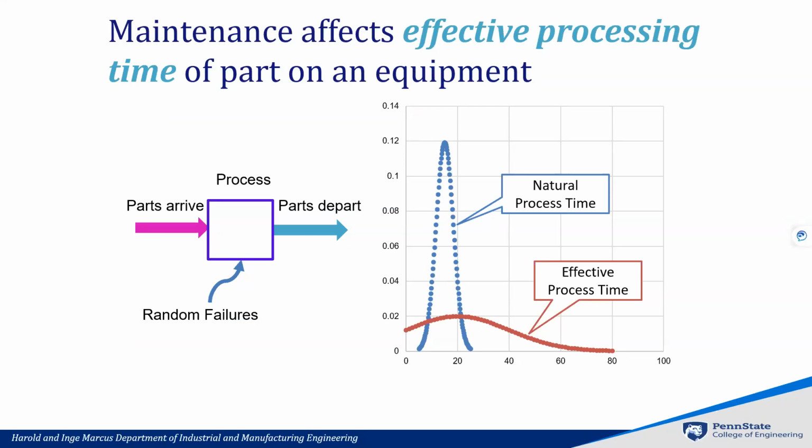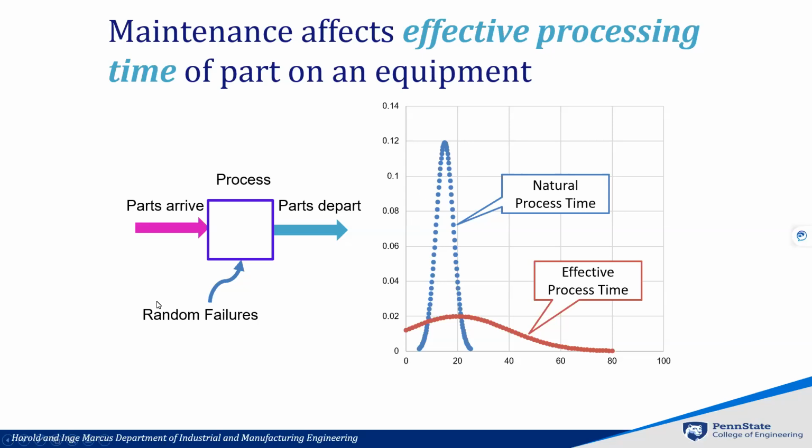We'll keep this fairly simple and try to build some intuition around it. Maintenance affects what we call the effective process time. So if this blue box here is some equipment on our shop floor, it could be a CNC machining center, it could be a 400-ton press that is pressing out parts, or whatever you have. Parts arrive, wait for the machine to become available, then get loaded, get processed, and then depart. This is typically the way in which parts flow from one work center to the next. Once it departs from here, it goes to maybe the next work center and then perhaps gets shipped finally at the end of the line.